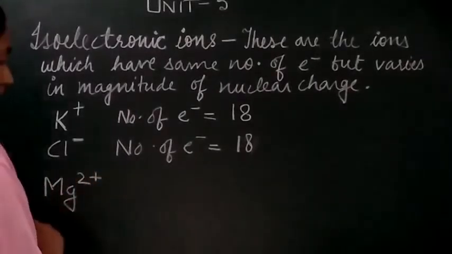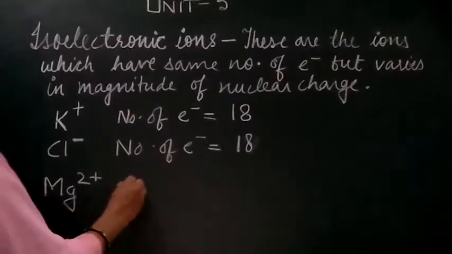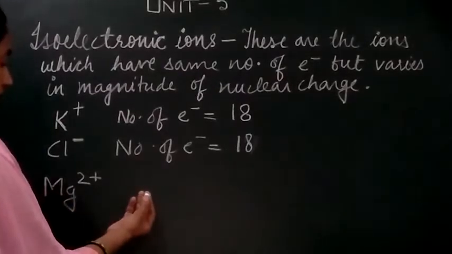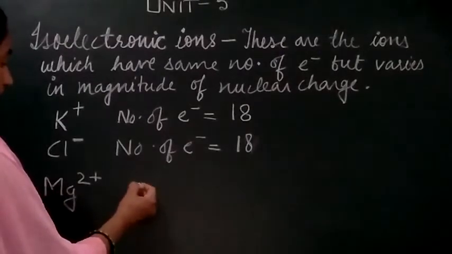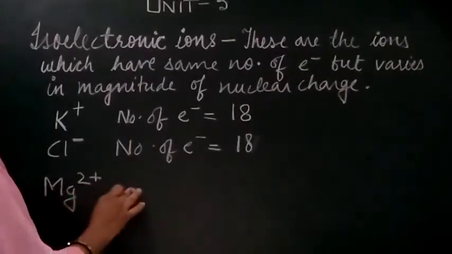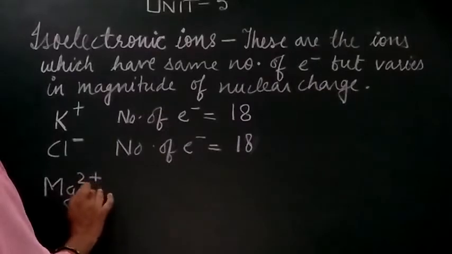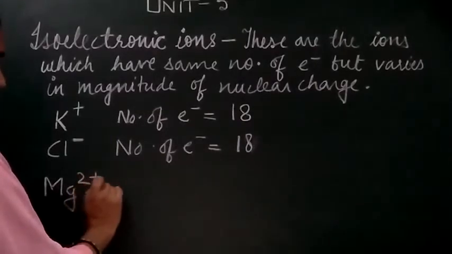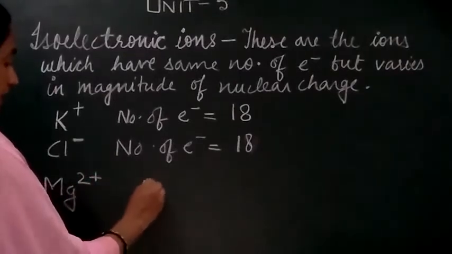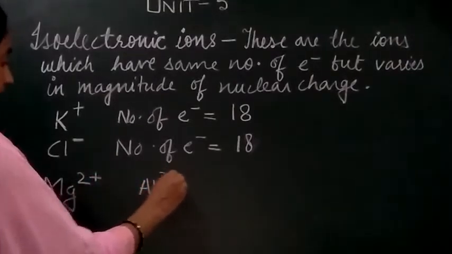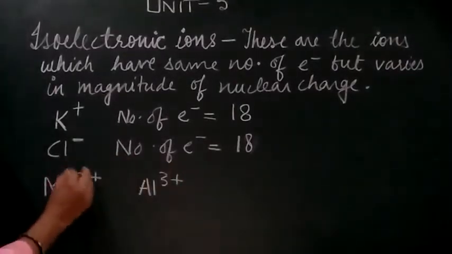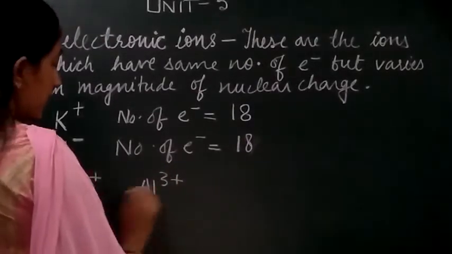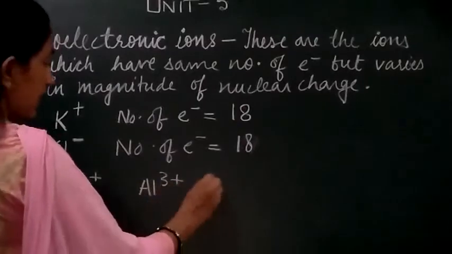This is the magnesium ion. Then if we take an example for the same period, let it be aluminum 3 positive, right? Students, you are supposed to arrange these. So we are taking here magnesium ion, aluminum ion,